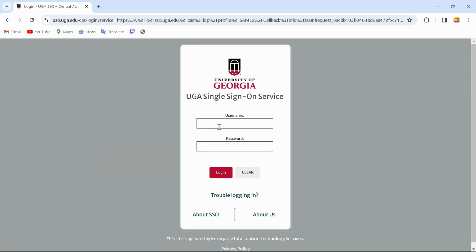And now you have to enter your UGA username and password. So simply enter your username and password. After entering your username and password, you can just tap on login, and after tapping on login, you'll successfully log into your account. But if you are facing trouble logging in, that means you have forgotten your username or password,